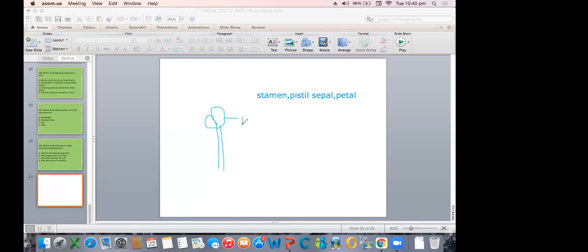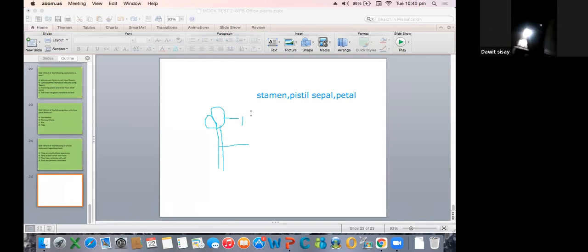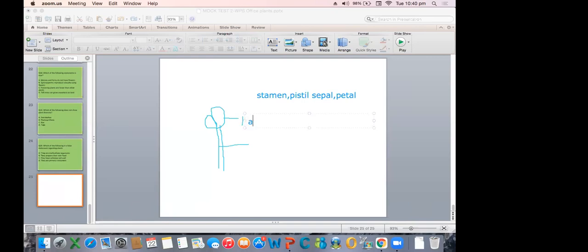This is the anther. And what about this portion? Filament. Very good. So this is called the anther, and here it is called the filament. The anther and the filament together make the stamen, and it is the male reproductive part. This is also a very important question from your examination point of view. Again, they will ask you, stamen, which part is it? Is it a male reproductive part or a female reproductive part? Similarly, pistil also. Which part is it? Female reproductive.